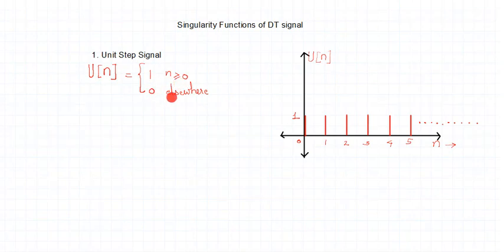So with this mathematical equation, if I plot it, how is the signal? The unit step signal u of n takes samples all having magnitude 1 for the whole range of positive values of n. So 0, 1, 2, 3, 4, 5, up to infinity, all these samples have magnitude 1. What do these dots indicate? Yes, these dots indicate that the signal is tending to infinity. It doesn't end here. So these dots are very, very important. This signal extends to infinity. So this is your unit step signal denoted by u of n, and this is the sketch of the signal.